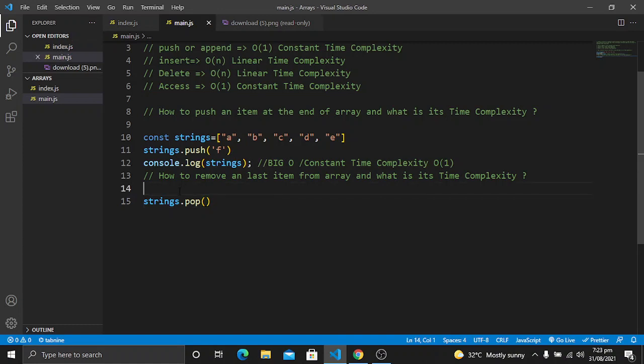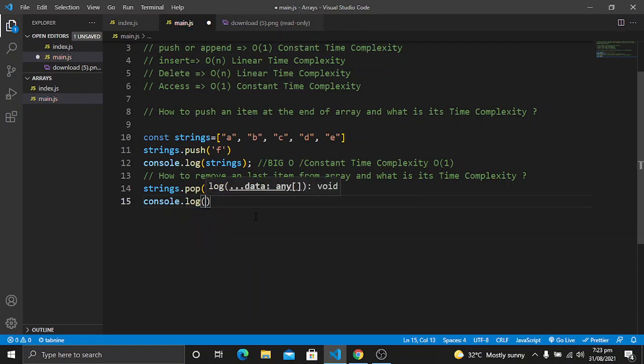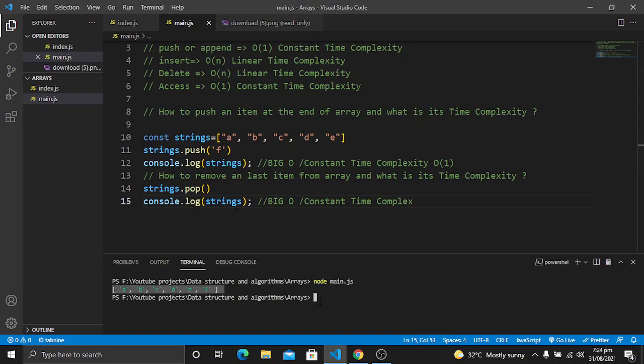If we perform this operation, strings.pop, it will remove the last item, which is f in this strings array. Now if we console.log this array here, not items, strings, it will tell us whether it has removed the last item or not. So let's run the code again.